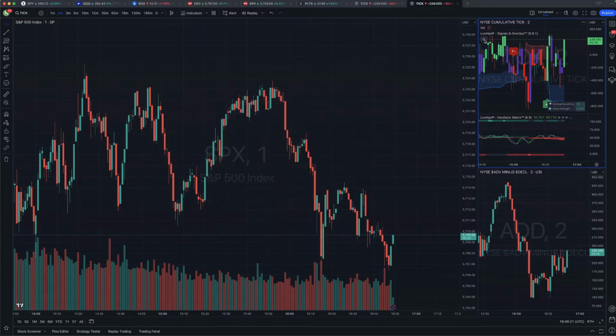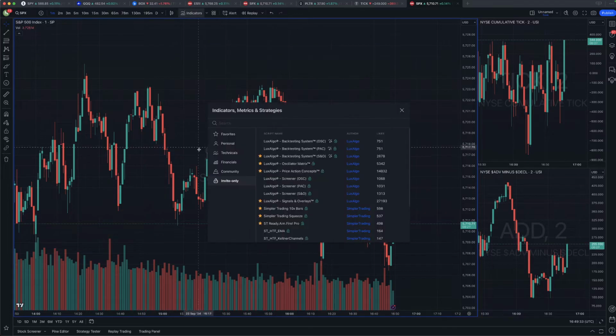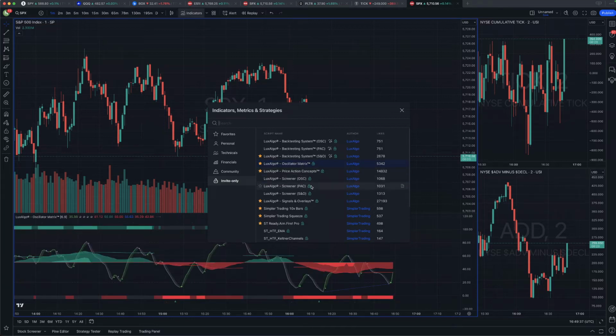And I made a mistake and I put them over here on this chart. So I'm going to delete that, and I'm going to delete that. I'm going to make sure that my spot SPX chart is highlighted. And now I'm going to go invite only scripts, go oscillator matrix, and signals and overlays. Okay. So now that those